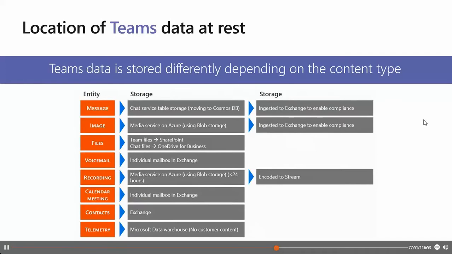Teams chats, team and channel conversations, images, voicemails, messages and contacts, SharePoint Online sites, content and the files stored obviously within that site, and the files uploaded to OneDrive for Business. So you see that specifically, if we jump back to the overview here for the files, the team files go through the SharePoint website, and the chat files to OneDrive for Business.